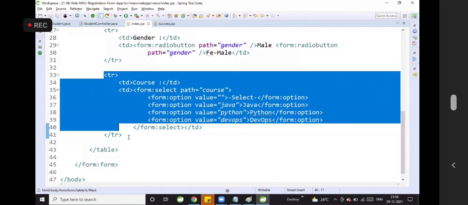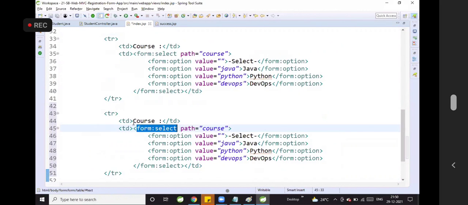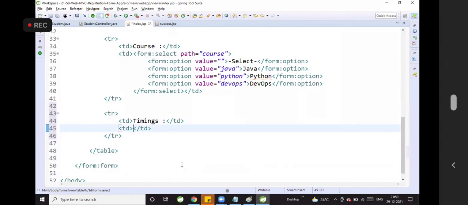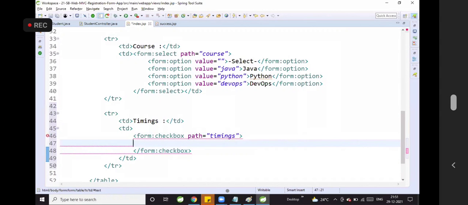Next one is checkboxes, that is timings. In order to display a checkbox, we have a tag called checkbox tag. What is that? Form colon checkbox, path is equal to timings.